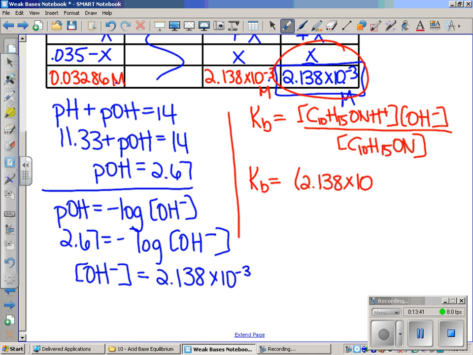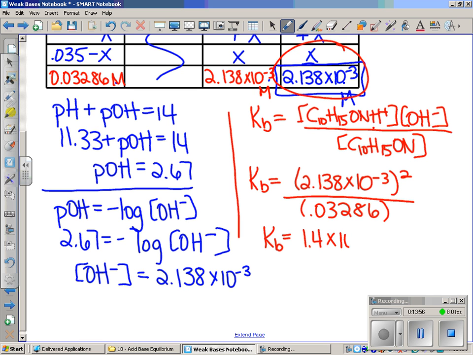Okay, then you're going to plug in your concentration. So we're going to have Kb equals, see how both the top numbers are the same? If you want to save yourself some writing, you can just do it like that. So both of these means the same thing as squaring it. And then 0.03286. Plug everything in, solve for Kb, and round it, and you get 1.4 times 10 to the negative fourth. Okay, so same process, a little bit of extra steps in there because we're dealing with a base. We have to do some extra stuff with some conversions, but really the same